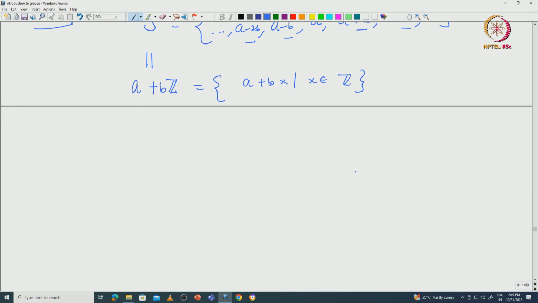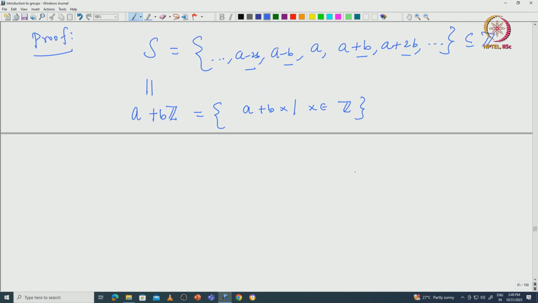This is something we have seen already. I will explain later why I want to call it a coset, but anyway this is a set I introduced already, and we saw that some arithmetic can be done between these sets. Now, if you take this set A plus BZ, it consists of infinitely many integers. A moment's thought can tell you that it will definitely have infinitely many positive and negative integers. I will leave it to you to check.